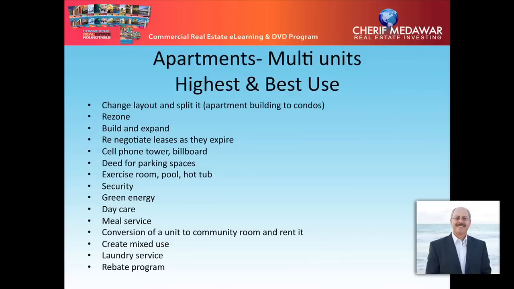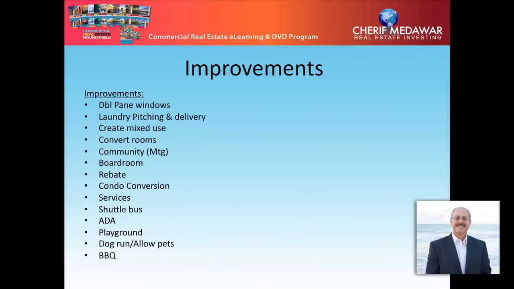You can create an exercise room to increase the rent because there are more amenities. You can add security. You can add cameras and tell them we're doing this. You can create a daycare. If you're having elderlies, you can start using it more like assisted living and transfer it into that. You can create rebate programs for them if they stay longer. You can avoid the noise by creating double pane windows, add value, convert rooms,